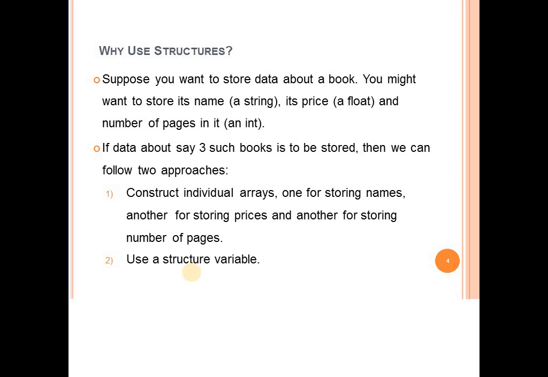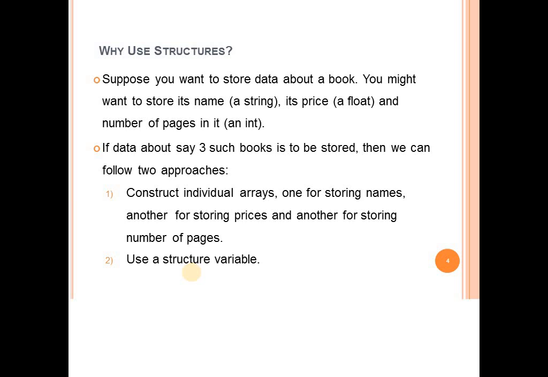We can have one variable of type string or character which will store the name of the book. Another variable will be of type float, since price may be in float form, and I'll create one integer variable which will give us the number of pages in that book. So we'll have name as a string, price as a float and number of pages as an integer variable. It's okay if I want to store a single book's information: I will read the name of that book, get the price from the user, as well as the number of pages from the user.